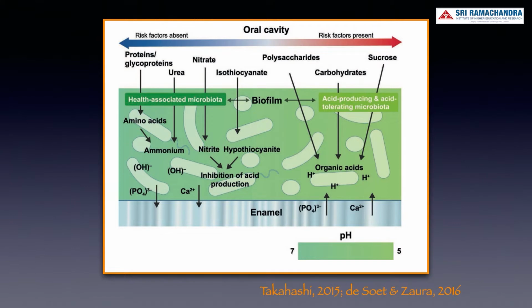On the contrary, in a healthy state, there appears to be a more complex and balanced pattern of metabolism, which involves the catabolism of salivary proteins and glycoproteins with the generation of alkali to neutralize any acids that may be produced. It is apparent that the biofilm undergoes multiple pH cycles during the day, resulting in enamel demin and remin.